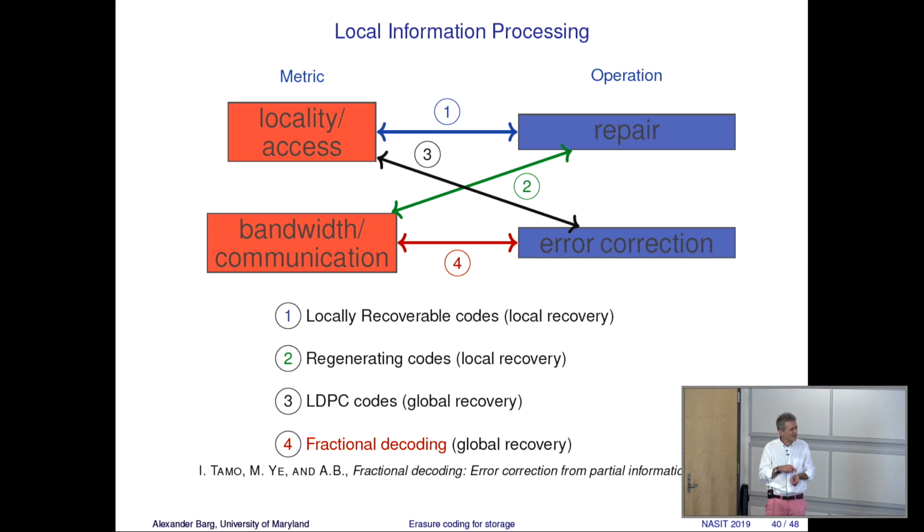Can we correct errors while optimizing the communication bandwidth? And the answer is yes. Something is possible along these lines. This topic still awaits its development, but at least there was the first paper. There will be one more paper at the ISIT next week by a student who became interested in this question. So you try to correct errors by only acquiring a part of the information available from the received vector.